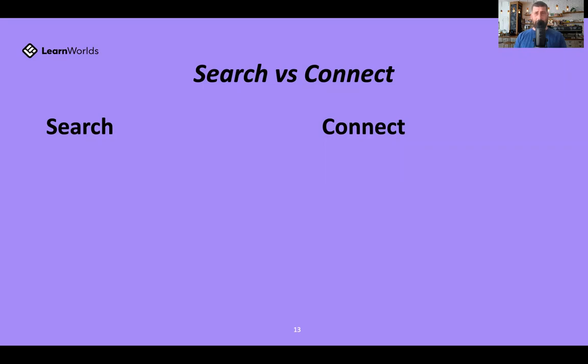There might be different names for this, but let's simplify and break it down a bit. When we're talking about search type platforms, Google's obviously the biggest, right? You search something looking for a result. So on Google, either with SEO or a blog. YouTube is obviously a big search engine as well. If you want to find out the answer to something, you usually go to Google or YouTube. May also be a podcast. You want to find some more info, you may look into a podcast. Pinterest is also a popular one as well. So those sort of platforms where someone is looking for something, they're typing something in, specifically looking for that thing.